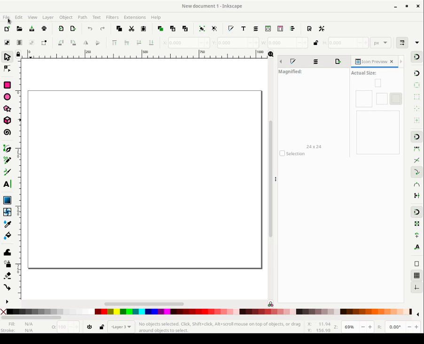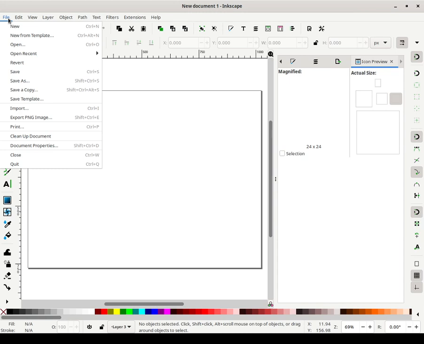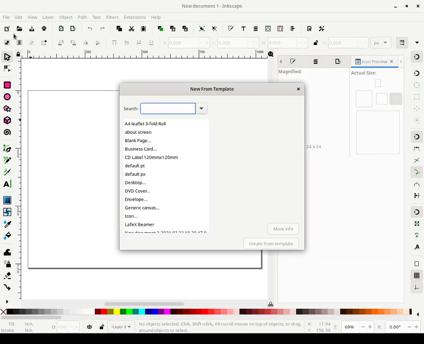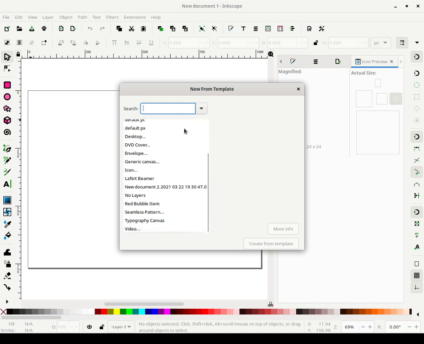Alright, so let's go from there. We have in Inkscape the option to create from a new template, or you can save as a template. But what we'll be covering today basically is using the templates that are built in. I'm not going to cover saving templates today, but the file that I normally work with in Inkscape is actually a custom template that I built and saved manually. You can now save them from within Inkscape in newer versions. In older versions you had to manually create the file that you wanted and then save it in the right folder depending on the platform you're on.